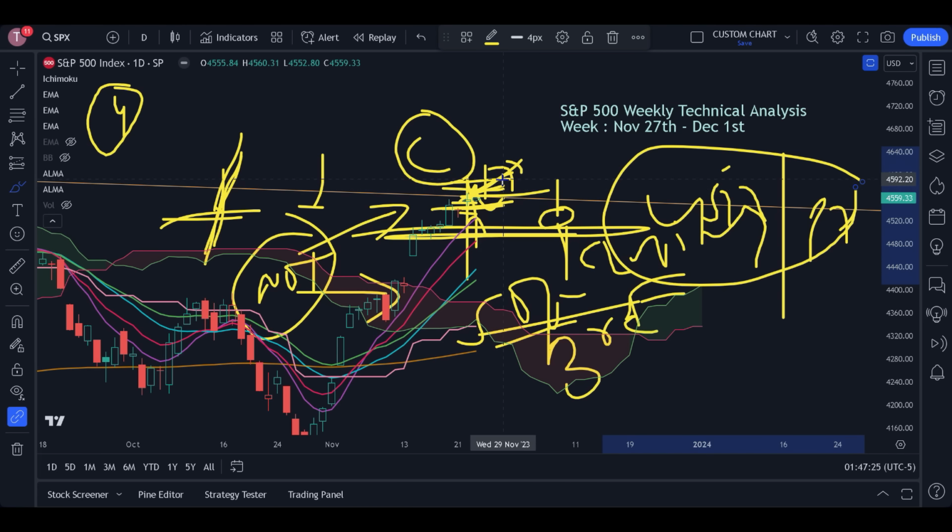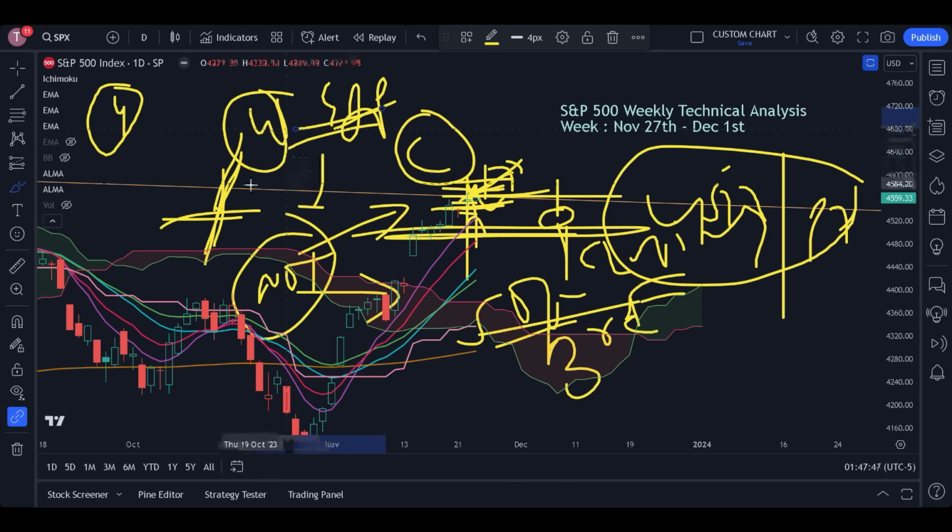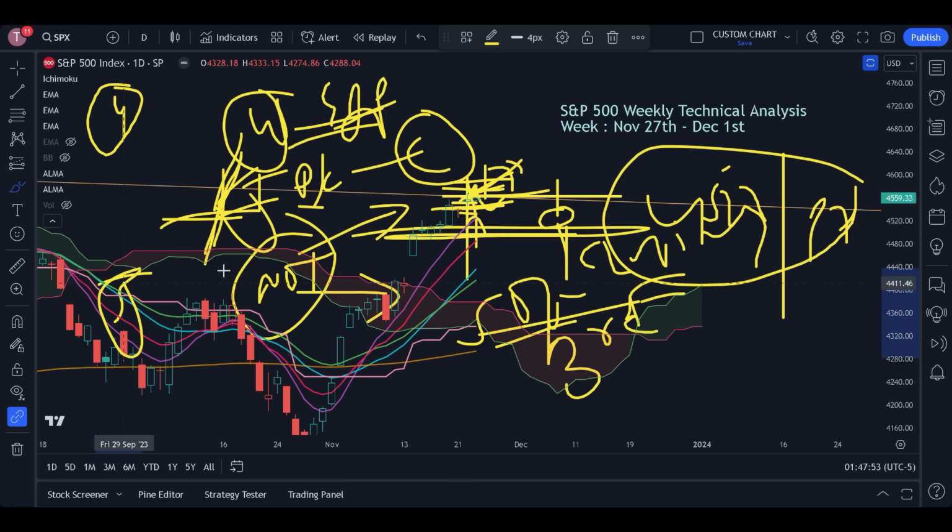Now, if both of the indices, S&P 500 and Dow Jones, sustain above the trend line on Monday, in that case we can expect that the S&P 500 is not going to give up until something significant happens. What will that significant thing be? It will be Wednesday. And if not on Wednesday, then Thursday, the PCE or the core PCE data will be published. If not on Thursday, then Friday, when the Federal Reserve Chairman will speak. As simple as that.